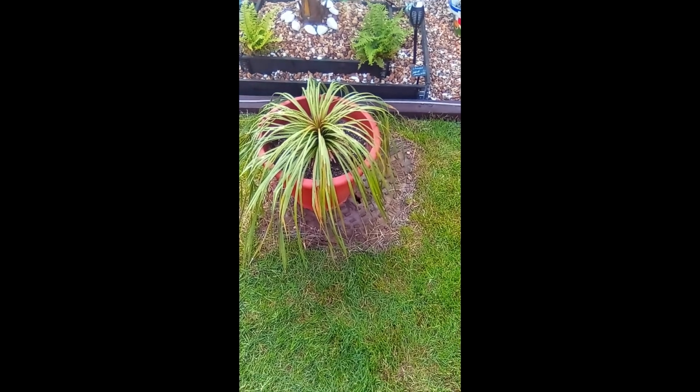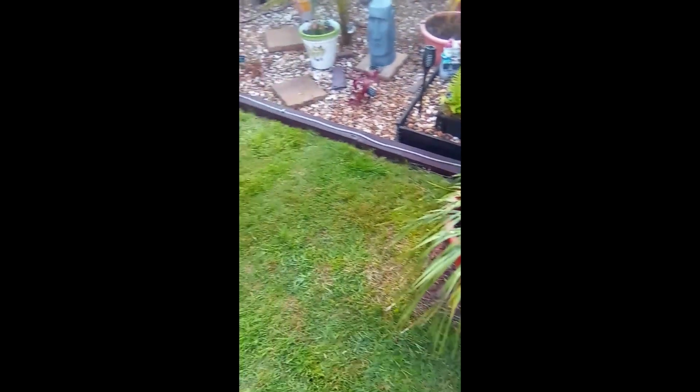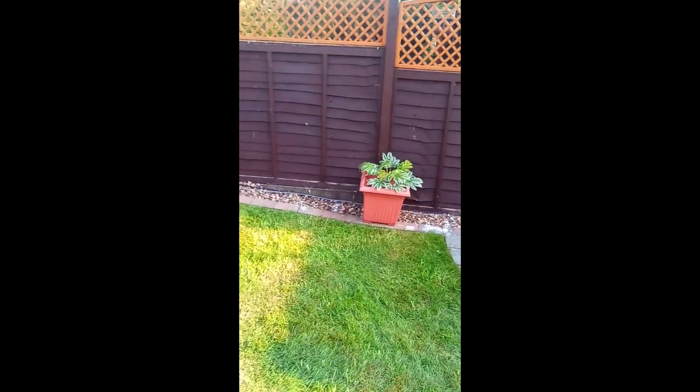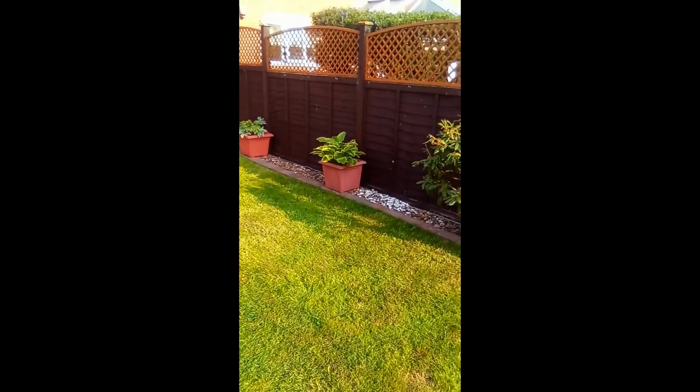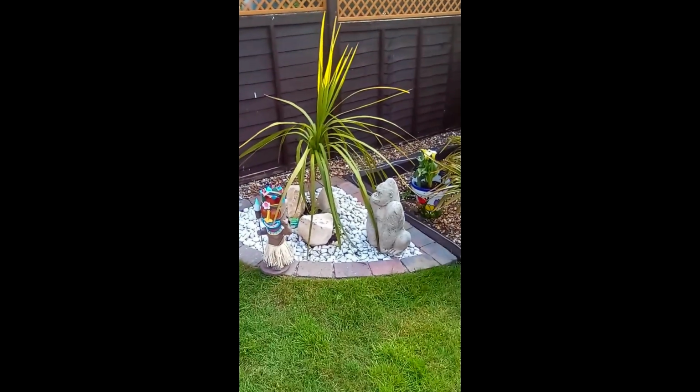So I've just got it out in the sun. I've kept it dry. When it rained, it's been under a canopy. That's obviously the other cordyline, which has been there for a while. On that side, spider's web, and over there as well. Hostas, not sure what variety that is because it was given to me. And over here,